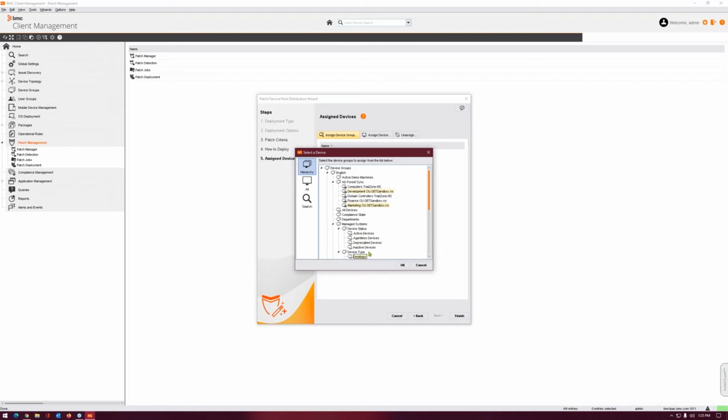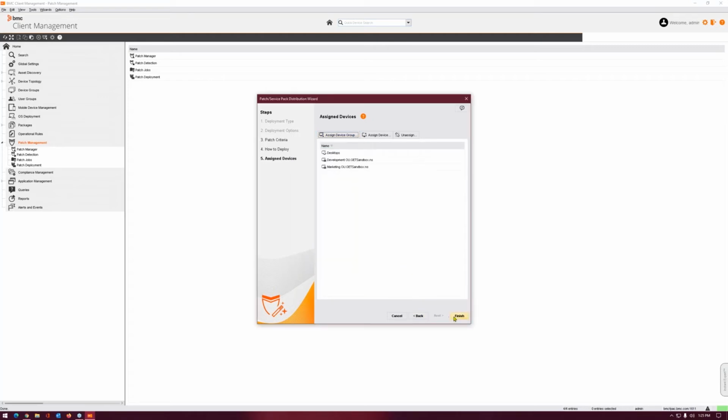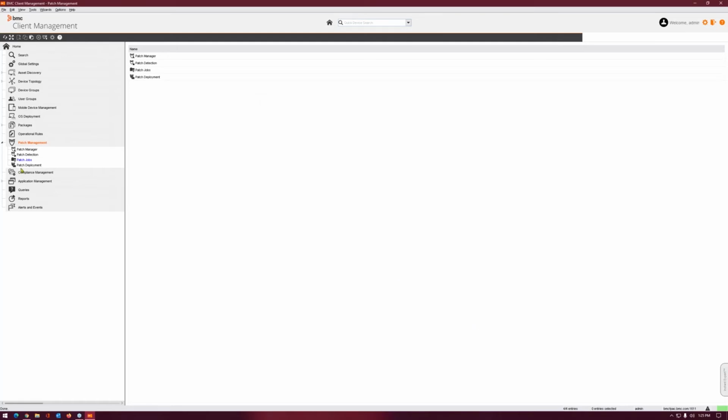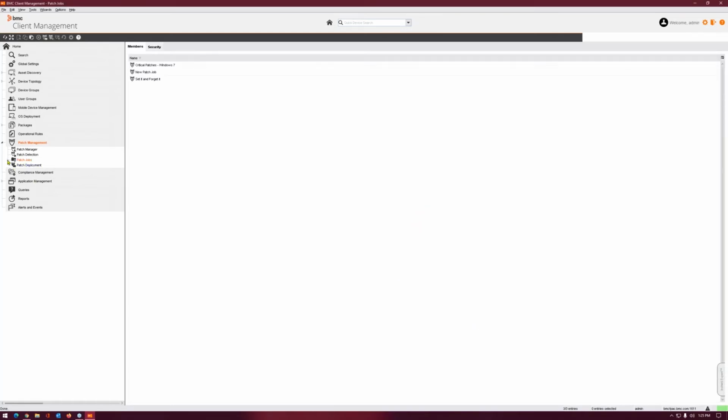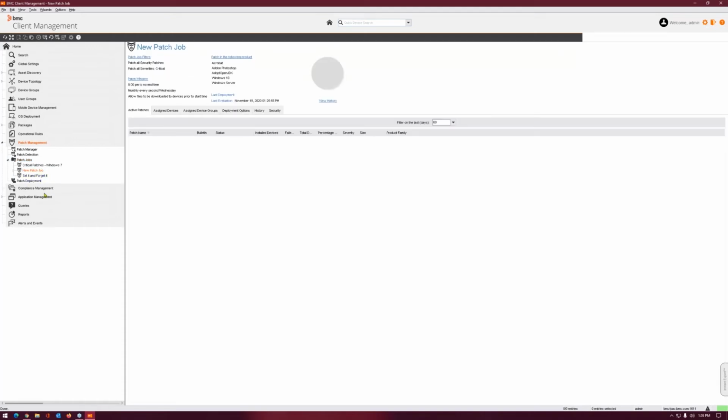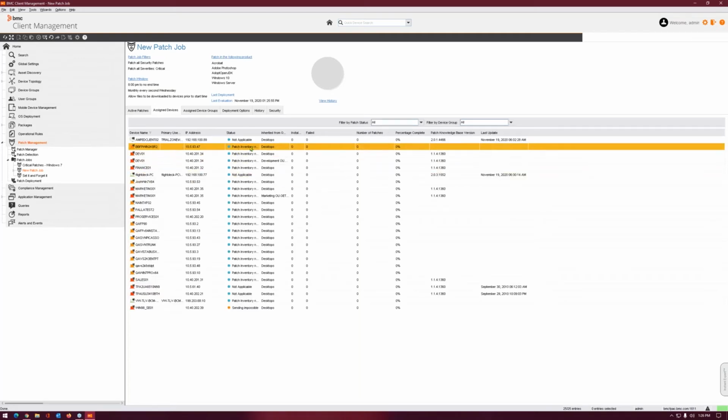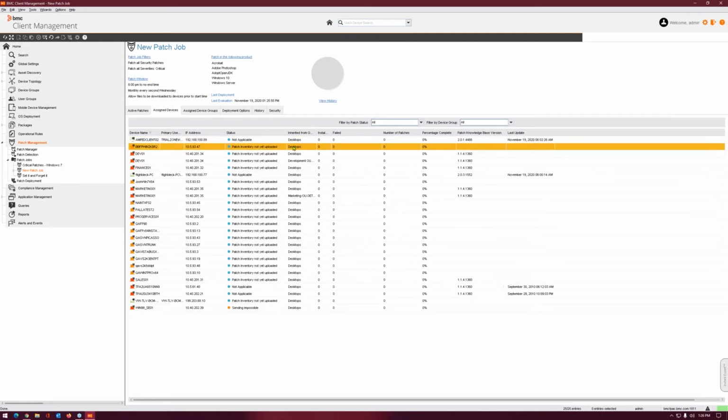So I say, hey, deploy to all my desktops, give it to everybody in marketing and development. And then off it goes. So it creates a job that I can then manage and track as it downloads and starts deploying patches, all the devices that are assigned to that particular group of patches